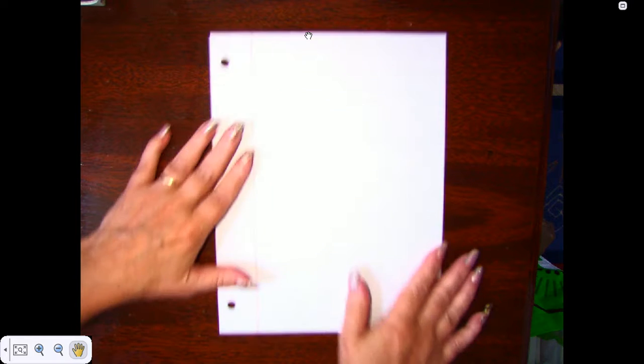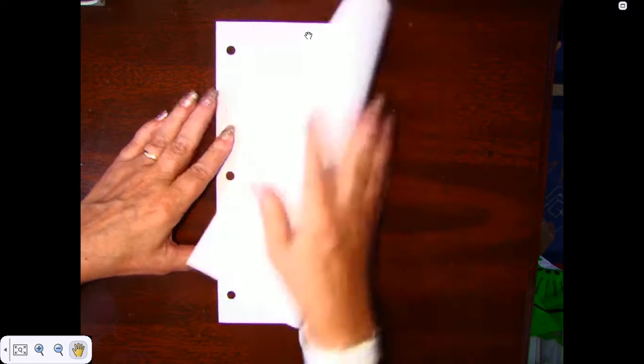Today is day one of our mixed vowel word families, ik, ak, ok, and uk. And you know that the first thing we need to do is we need to make our words. So I need you to take your paper, fold it in half,